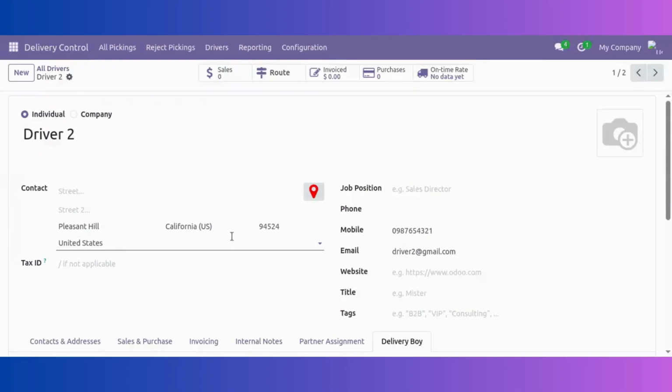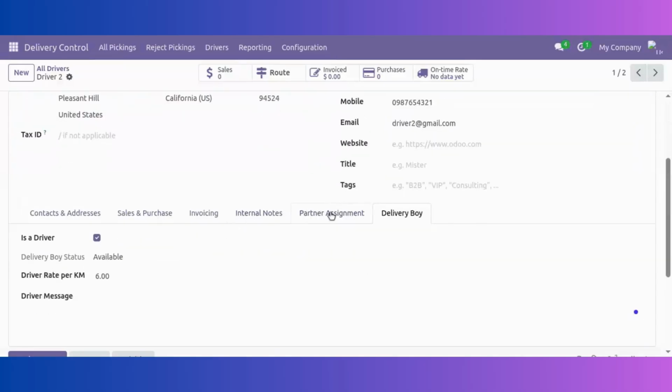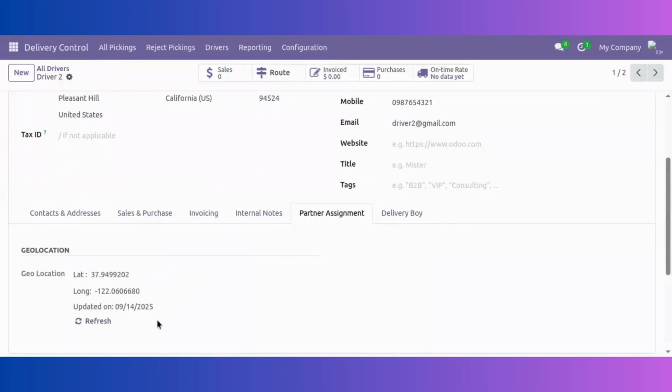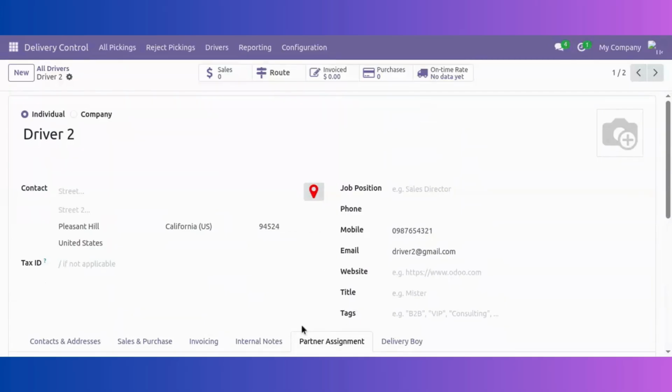After giving the country, the state, and the pin code, the system automatically checks the geolocation of this particular partner, and it is added into the partner assignment. Based on this, we will be calculating the distance and the route. Here, the mobile number and the email address are both mandatory, so that we will be able to connect with the partner and also send any notifications by email. So these are all the details that we have to fill up. And after creating a driver,